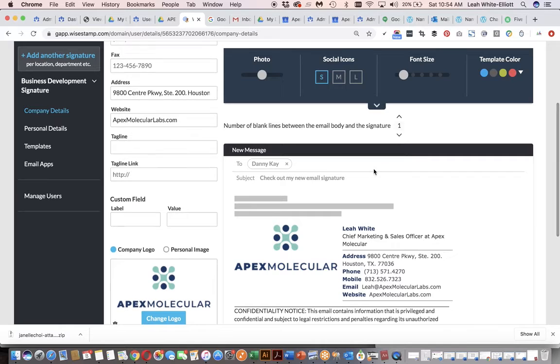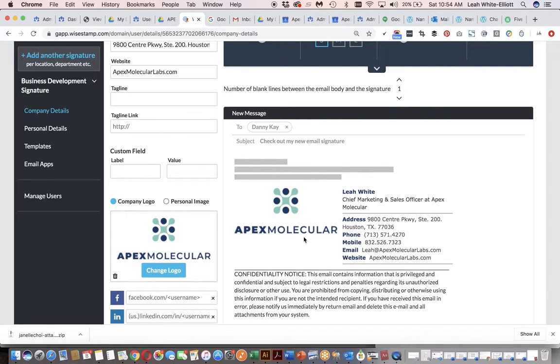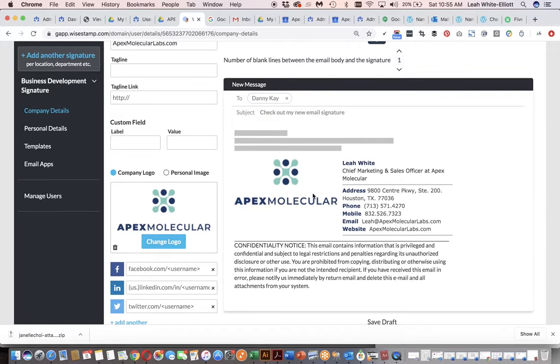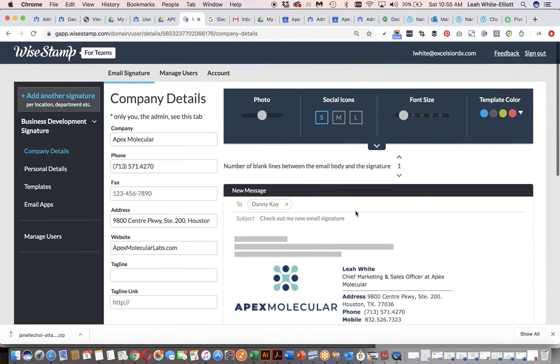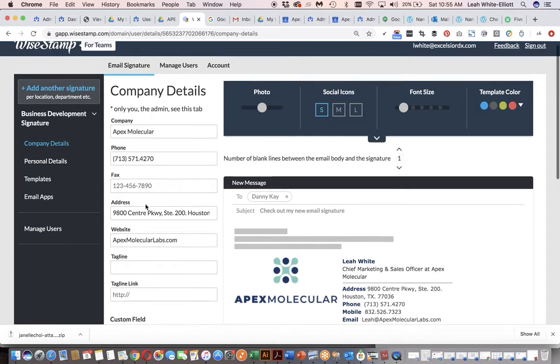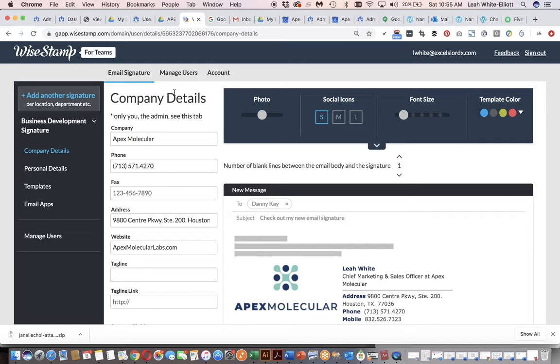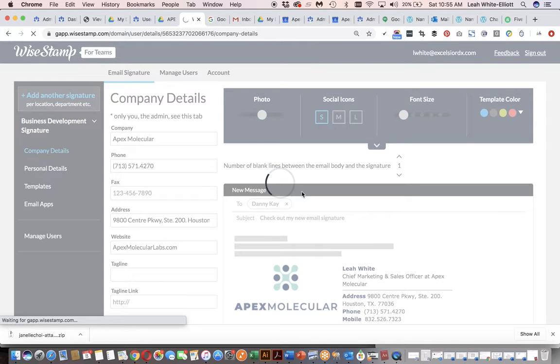the purpose of this is so many people go rogue on their signatures, and they will send their email, and it's really annoying because you can never see this graphic. It always shows up as an attachment, and then you have all of these things set up as hyperlinks, and it's annoying. They're all different sizes, and it just does not help with branding consistency, and most people are pretty technically inept at creating a nice signature. So everything is set up for Apex. All you need to do is manage users,